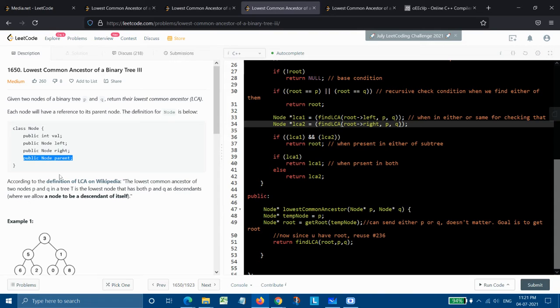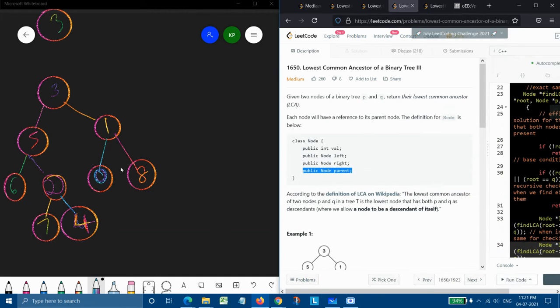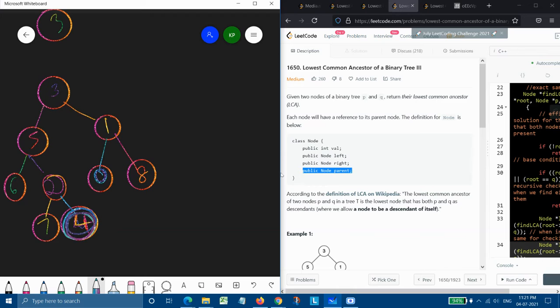But the only thing we need to do now is make one more function in which we will find out that parent. So now we have one tree. Say we are given a node, 4 itself, and we need to find out how we will reach the root. For reaching it, we could simply find out who is the parent of 4. It will be 2,